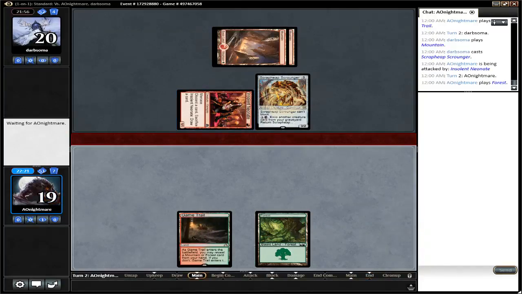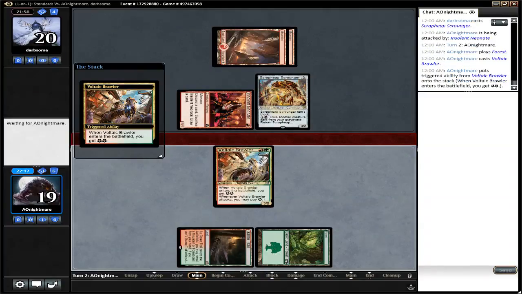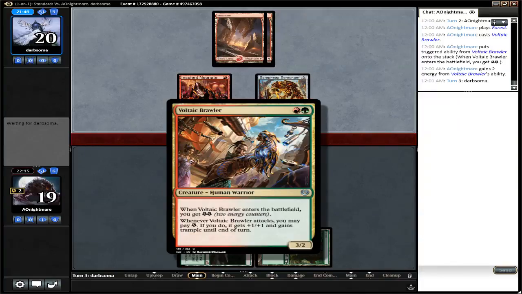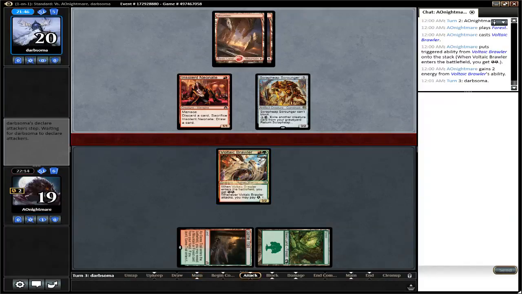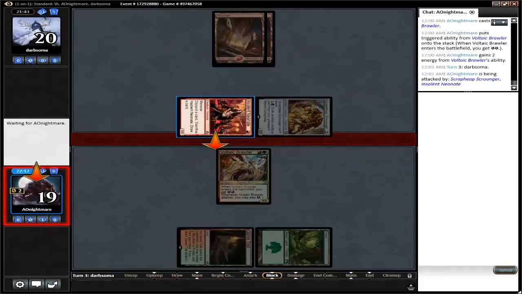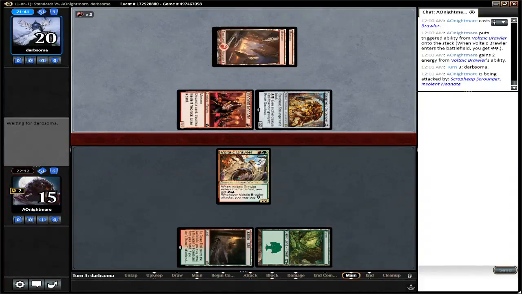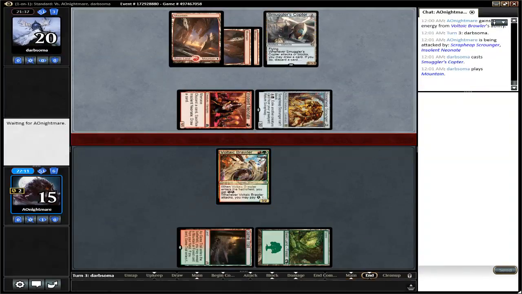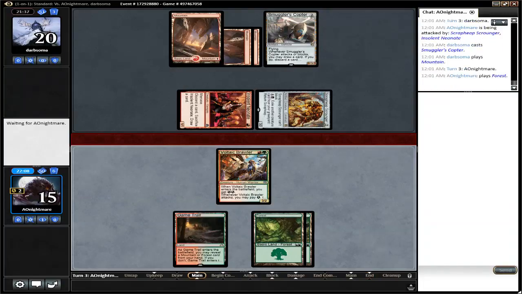Second turn for Gruul. And he plays Voltaic Brawler. And this is the kind of guy that you don't really want to block with. He's very good at attacking. He becomes a 4/3 trample when you spend an energy. And at the moment, that's enough to keep pace with your opponent. I mean, he is 1 point ahead, but with a Gruul Aggro deck, you're gonna be playing more creatures, so you're most likely gonna overtake him unless he